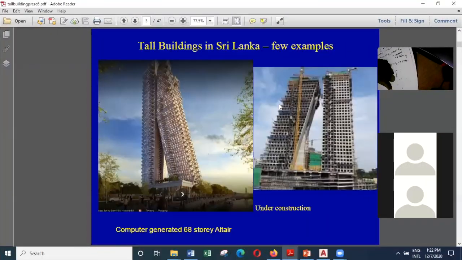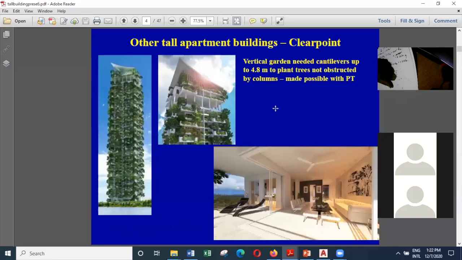We'll just look at some of the buildings. So this is a very special shaped building, and this is what we call Clear Point. And in this particular building, there were large cantilevers, like